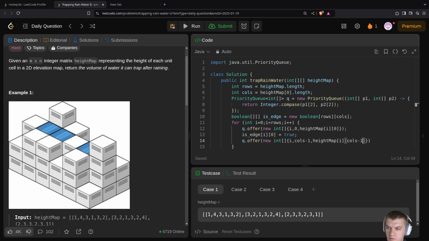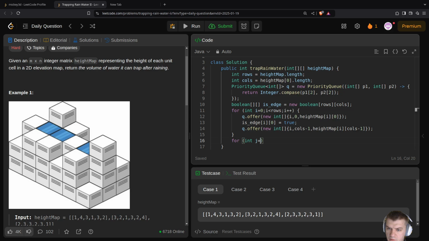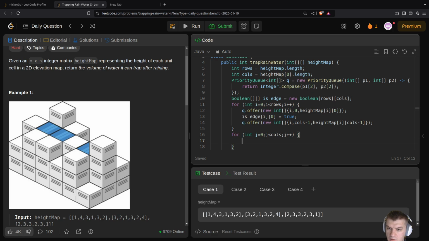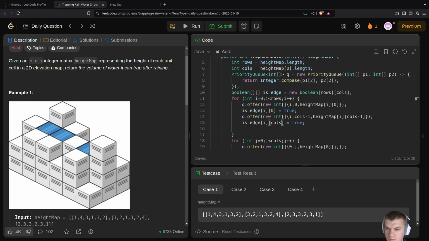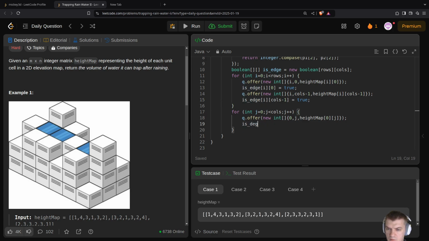i, and then the cols -1, and then for int j equals 0, j less than cols, j plus plus, q dot offer new int, and then here 0 j, and then heat map 0 j, and then isEdge, and here I missed isEdge. Cols -1, then isEdge 0 j equals true, and then q dot offer new int rows -1 j, heat map rows -1 j, and then the same isEdge rows -1 j is going to be true,